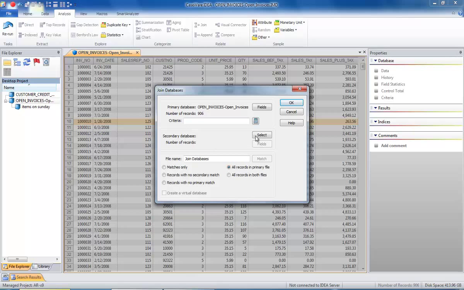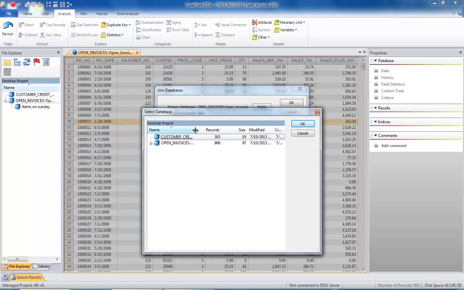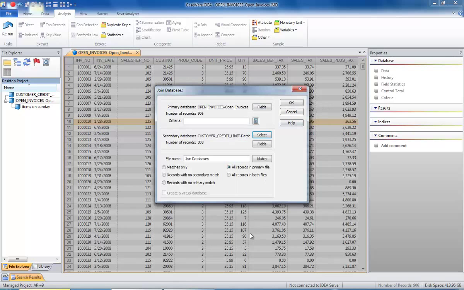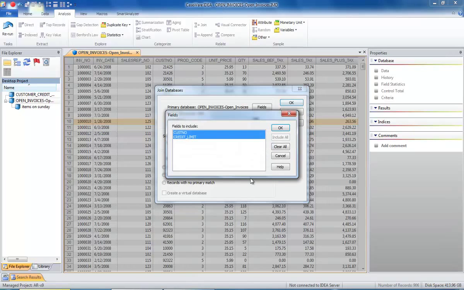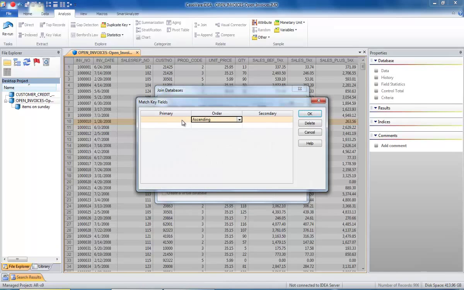We now need to select a secondary database. Hit the select button, pick up the credit limit from this file here, so we hit OK, and that automatically becomes our secondary. So here we want to give it a file name that's unique, so when it shows up in our project files we know what it is. Customers with credit limit. Give it any file name that makes sense to you. We can add fields if we want to look at particular fields, so if we wanted to add a field we could do that. We need to set a match,